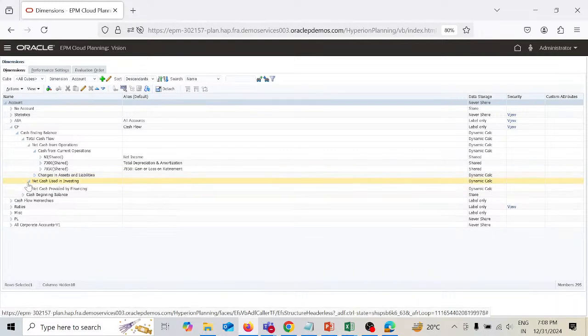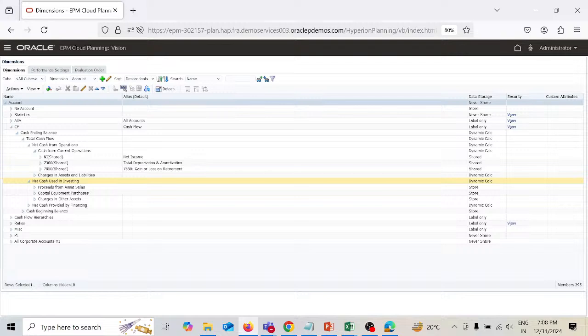Then we have investing activities. These include cash activities related to non-current assets. Non-current assets will include long-term investment, property, plant and equipment, the principal amount of loans made to other entities. For example, cash generated from sale of land, and cash paid for an investment in another company. These are included in